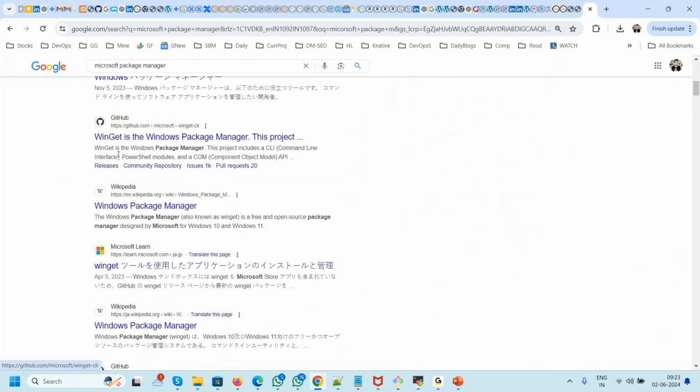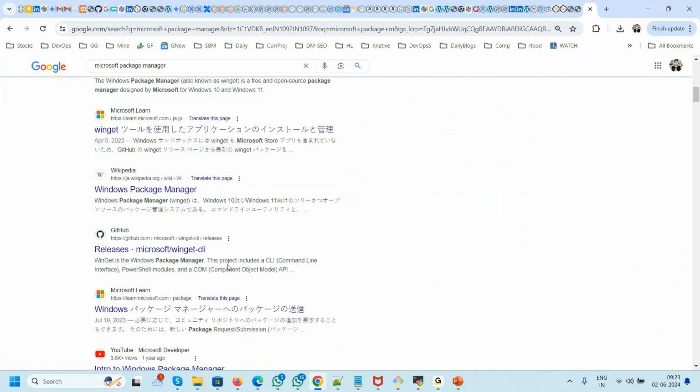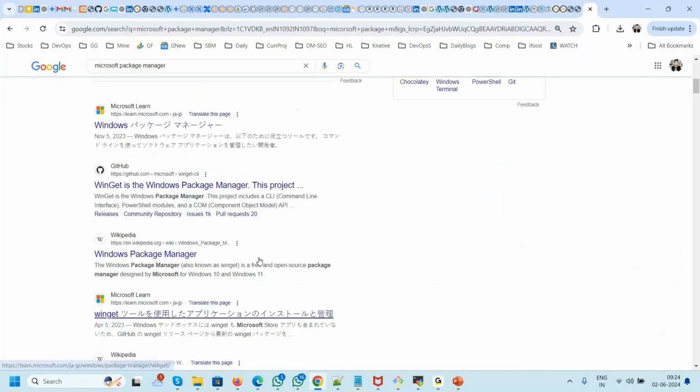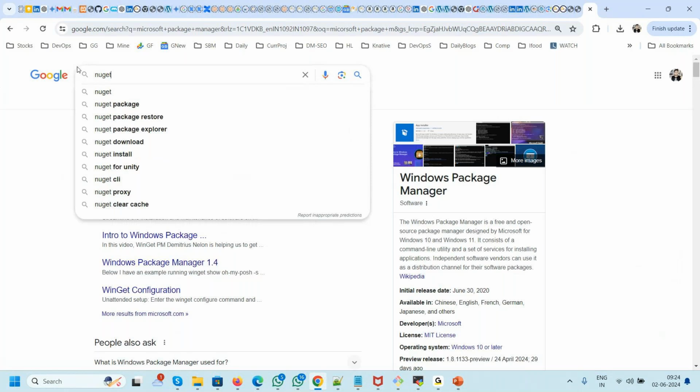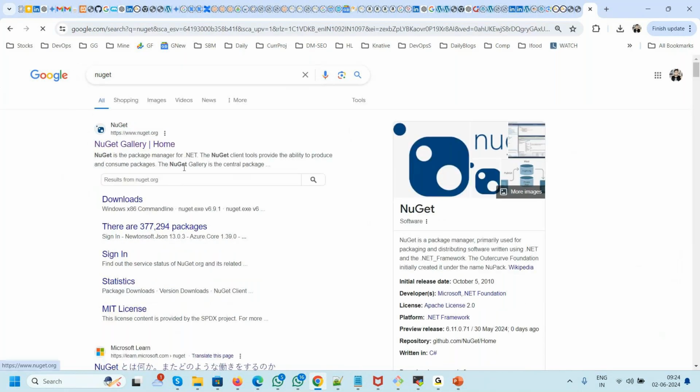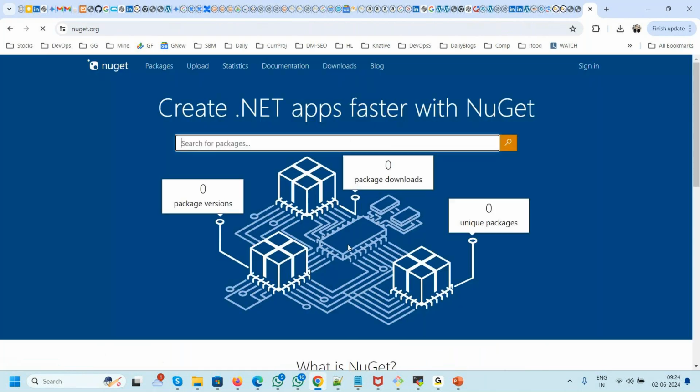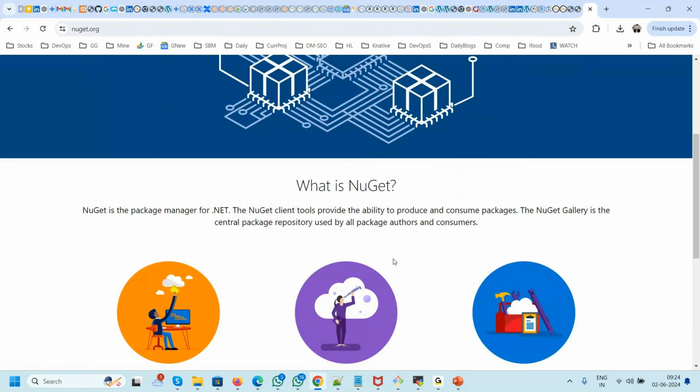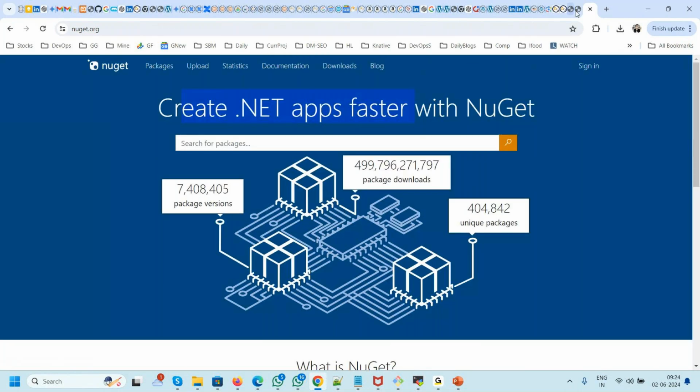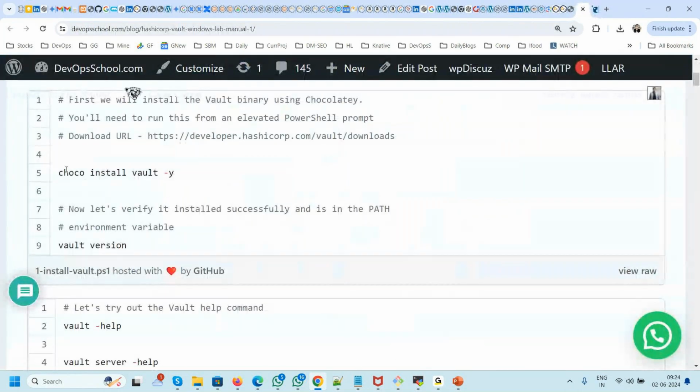Winget is one of them, but not this one. NuGet, sorry, I got it. NuGet. So many package managers are there. NuGet is supported by Microsoft. Choco is supported by the community. So many are there. So here this is Choco, but I'm not going to use it because I think Choco